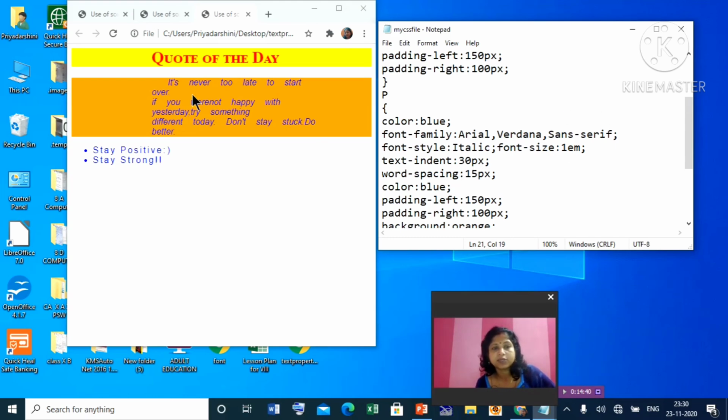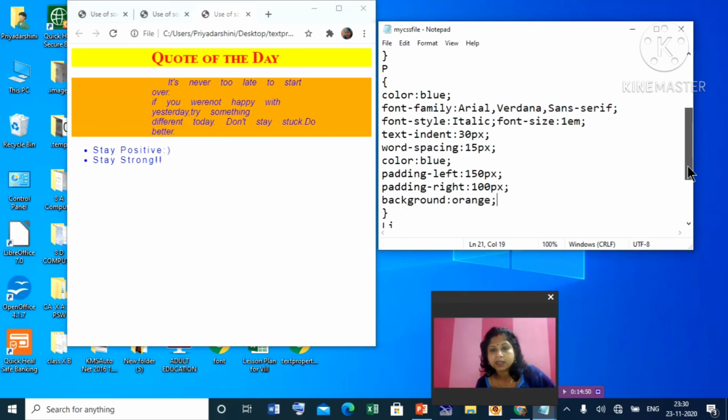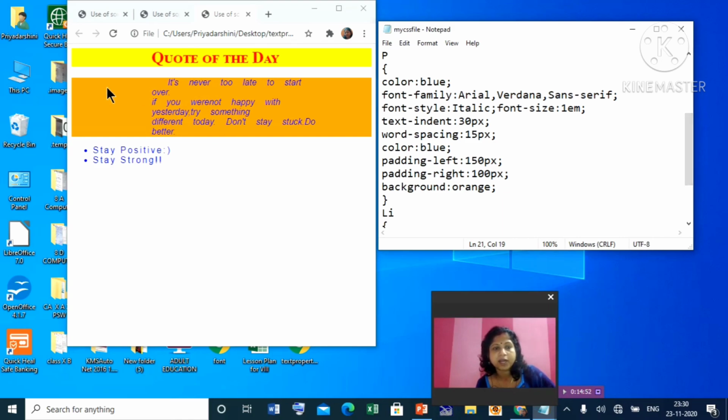Word spacing, you see there is space in each word, because we have used the property word spacing here. Okay, color blue color. Padding left, here also we have used padding left and right, so space is there on the left side and on the right side also. Background color orange color given. So this is for the paragraph, whatever we have given has come.